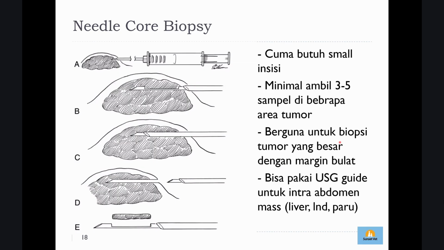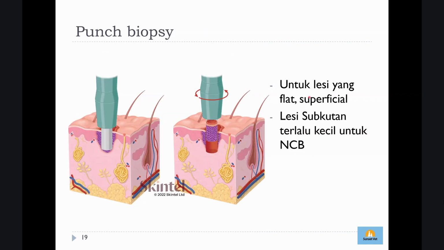This needle core biopsy is very useful for, let's say, round cell, typically a round tumor, which you can feel, not a flat one. And for the needle core, better you take 3 to 5 samples in the area of the tumor. And then the punch, the punch usually is for the superficial lesion,